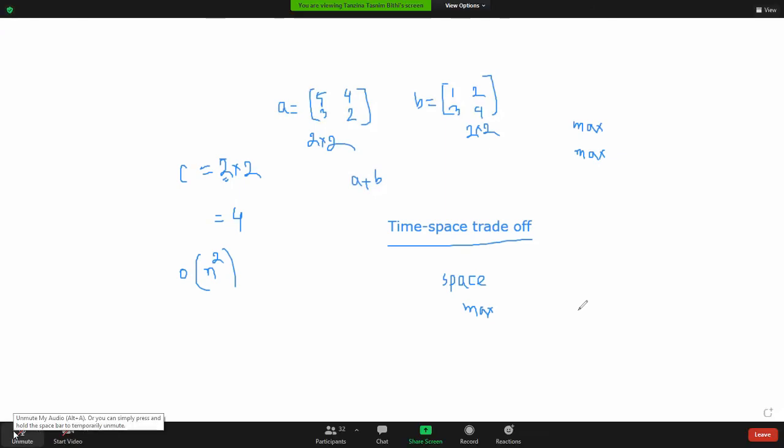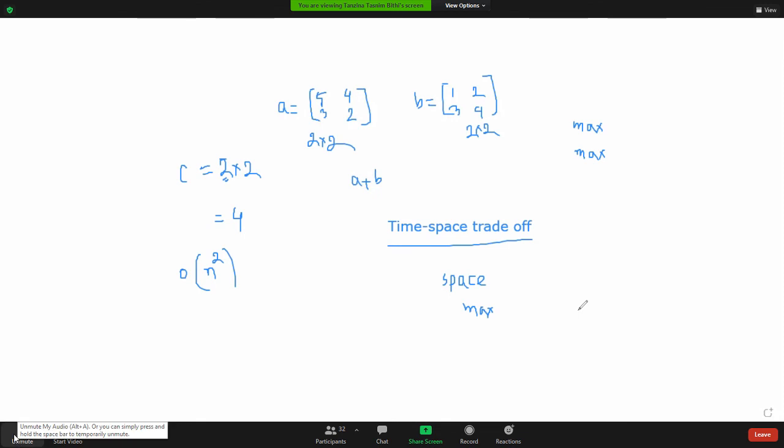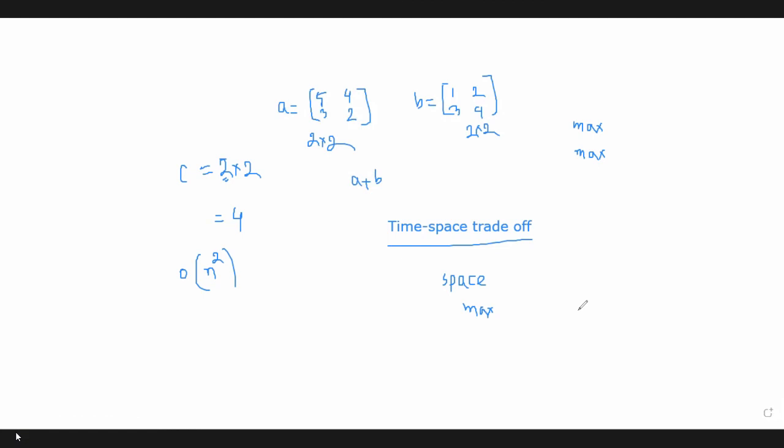Or if you can't reduce the number of operations, maybe you have to find a simple program where you use fewer data elements. That is time-space trade-off. Okay? Any question in this topic, in time complexity or in space complexity?